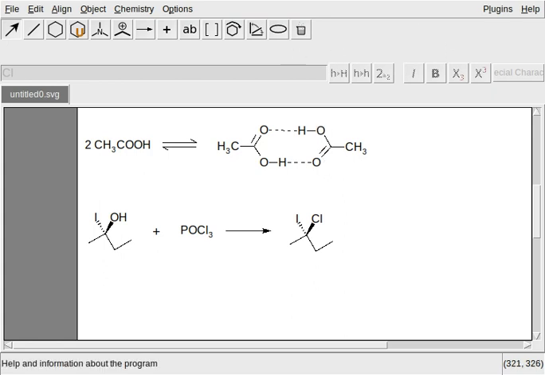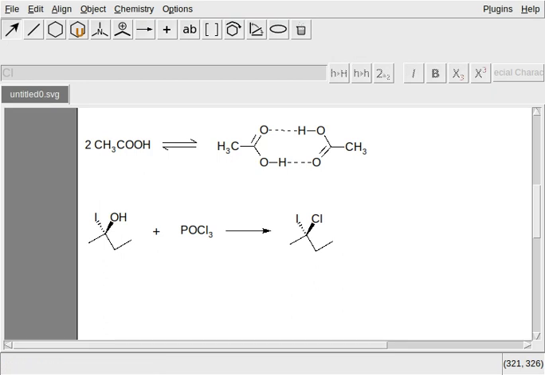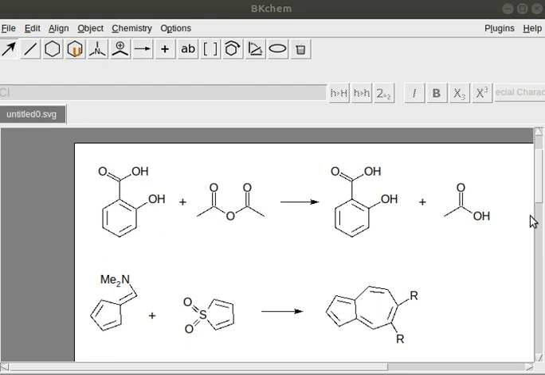So this is all. We have completed this video learning. Now that we have drawn these structures, we can see how to take them to their appropriate destinations, such as a word processor file. First we can note that these structures in the BKChem original window look somewhat unclear, not so beautiful.